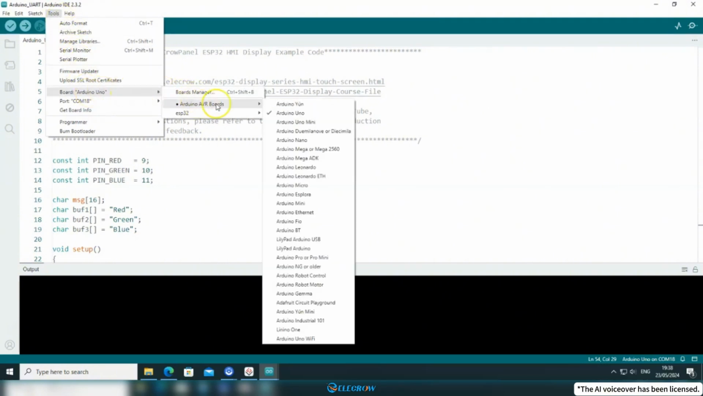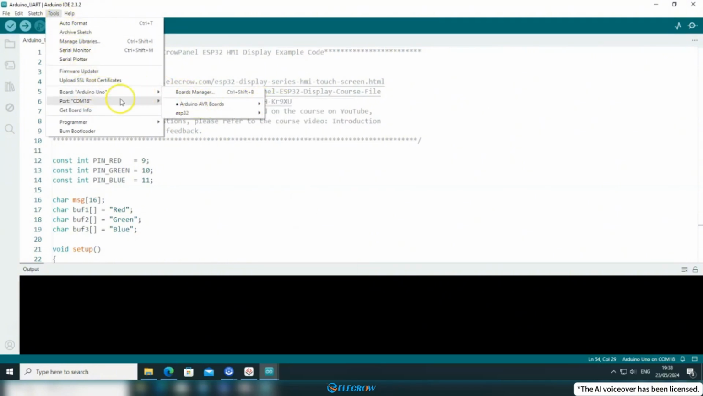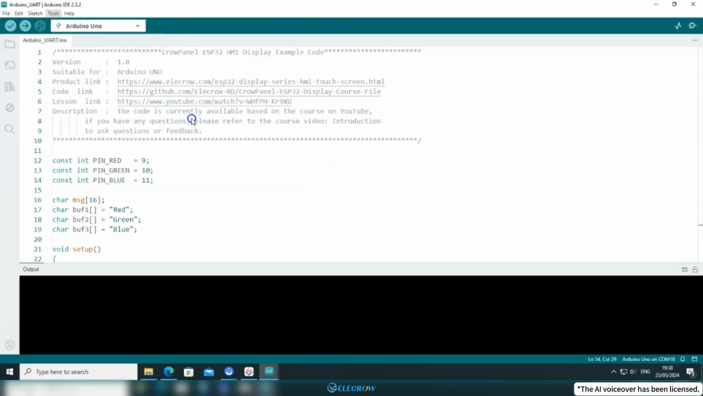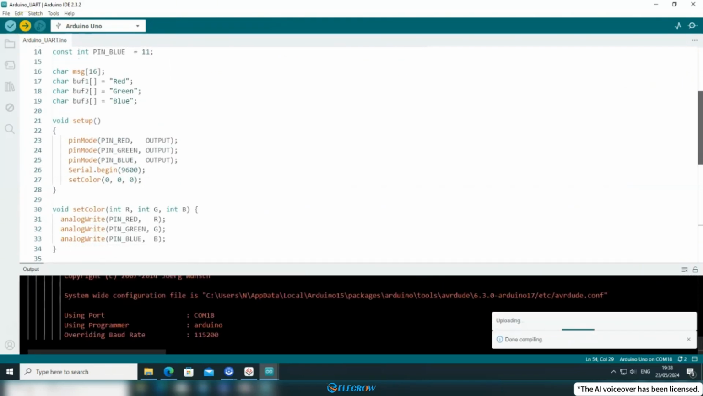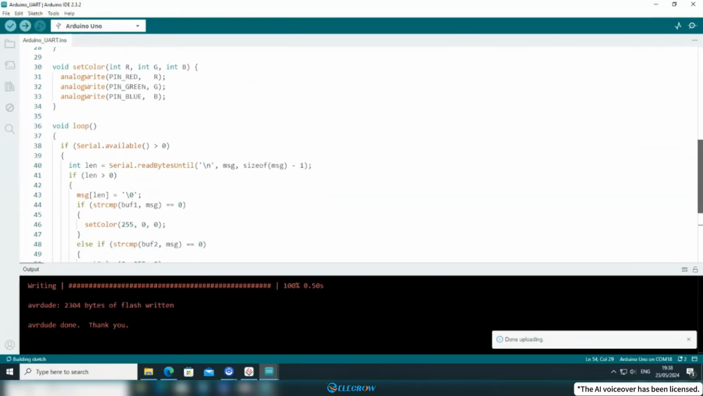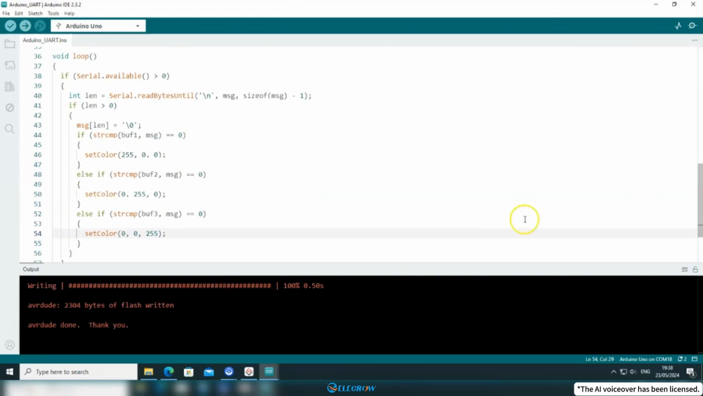Click Tools, configure the compilation information, and simply select the Arduino Uno board. After configuration, click Upload. Since the Arduino Uno program is relatively small, the upload process will be quick. Once uploaded, find the CrowPanel and use the CrowTail and DuPont wires to connect the serial port of the CrowPanel